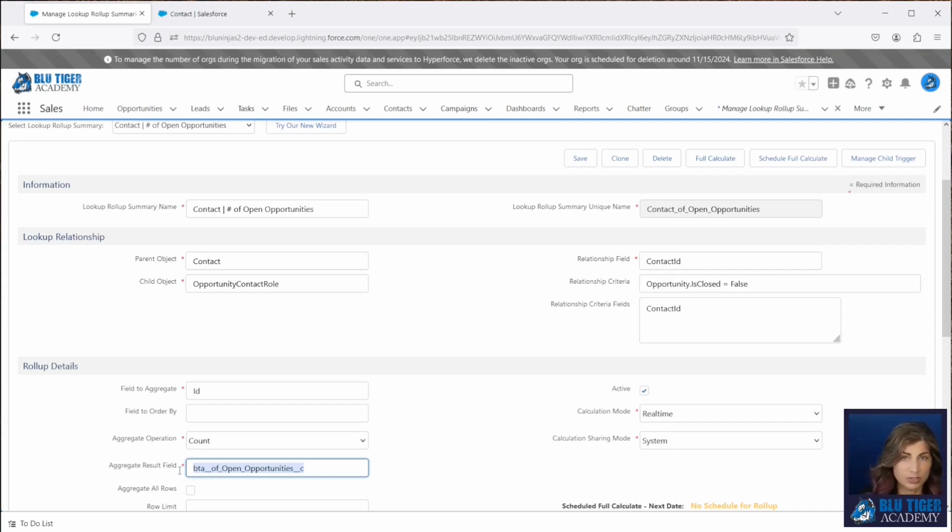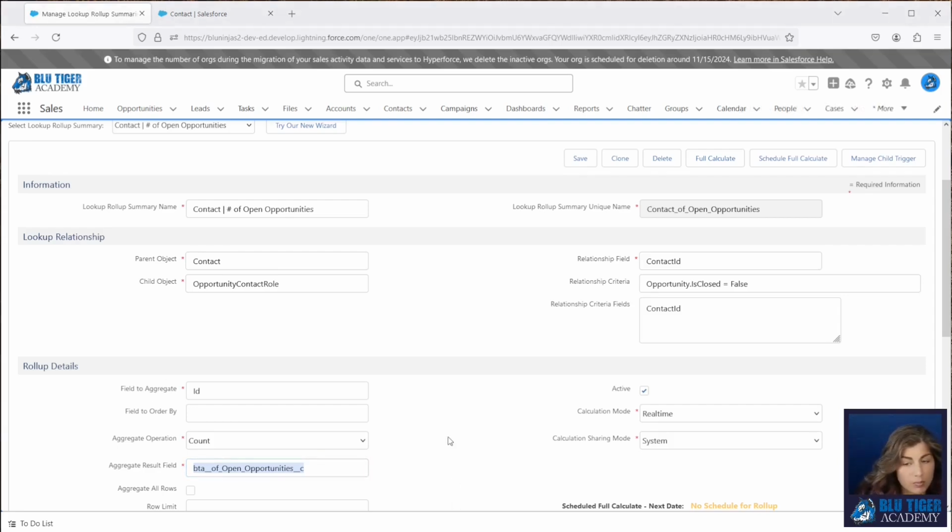Now, this does require that your sales team is using opportunity contact roles. If it's one of your challenges that they are not adding contact roles, you may want to check out some of our other videos where we show you how to automate the creation of opportunity contact roles based on whether or not a contact is in a meeting or is related to a task or an event. So there are some automations that you can bolt on that can help your sales team out a little bit. We will put the link in the description below.